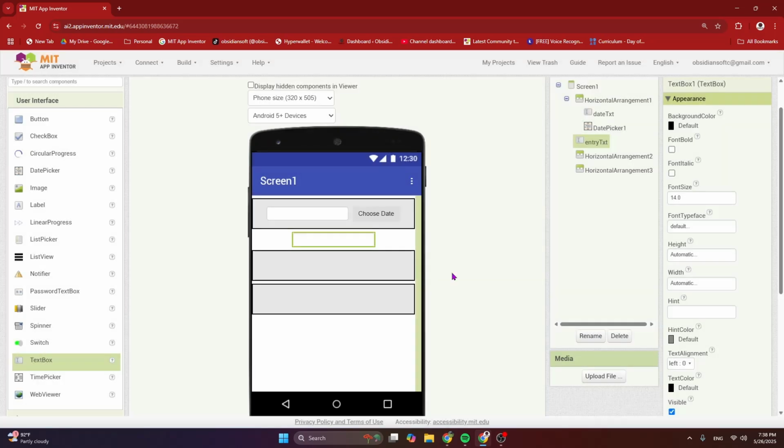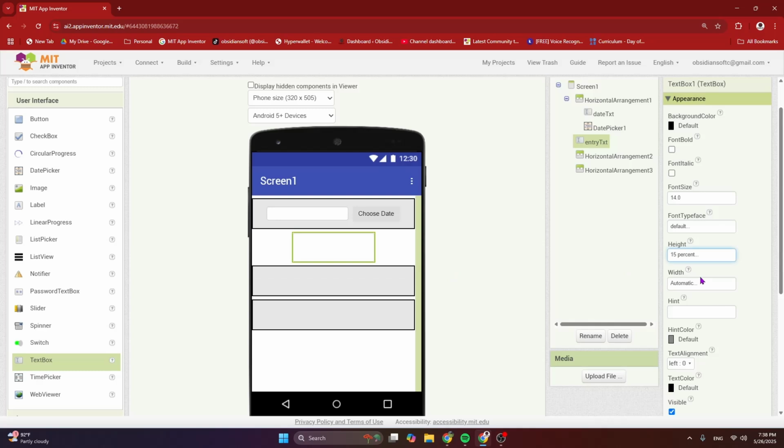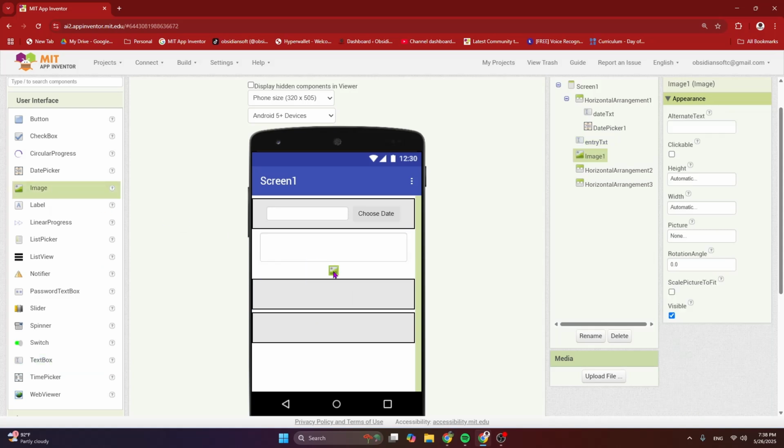And I'm also going to give it a height of 15% and the width of 90%. And I'm going to change the hint to enter diary entry. And below this, I need an image component for containing the image that has been chosen or